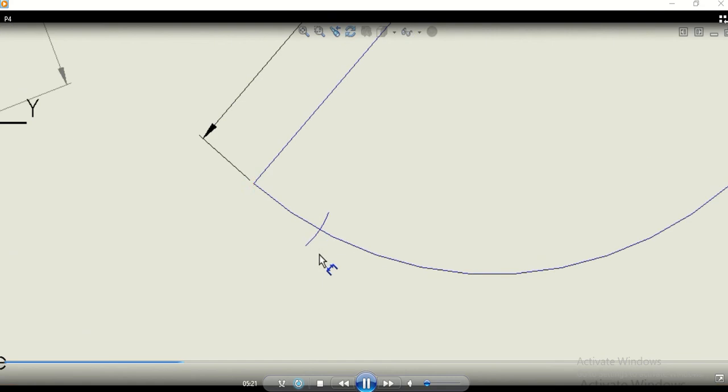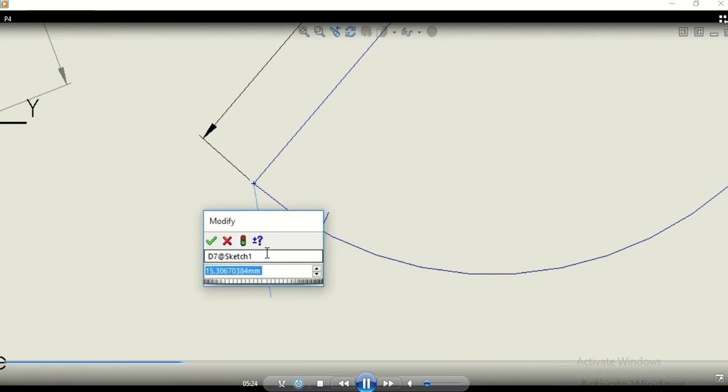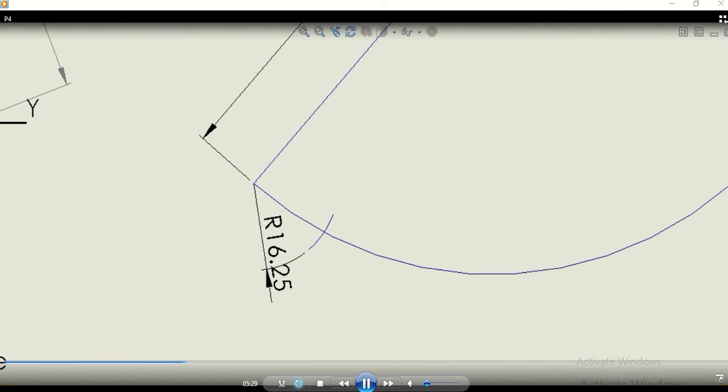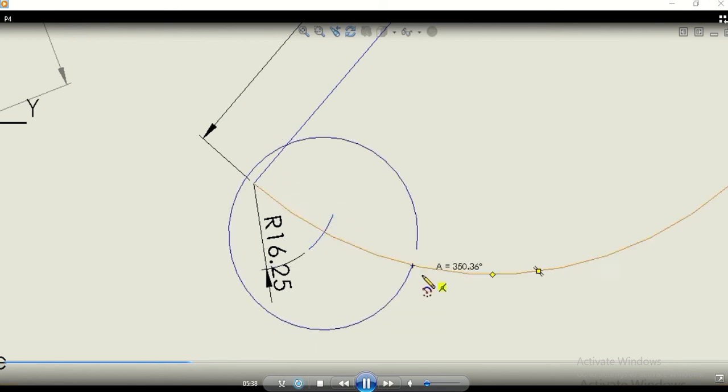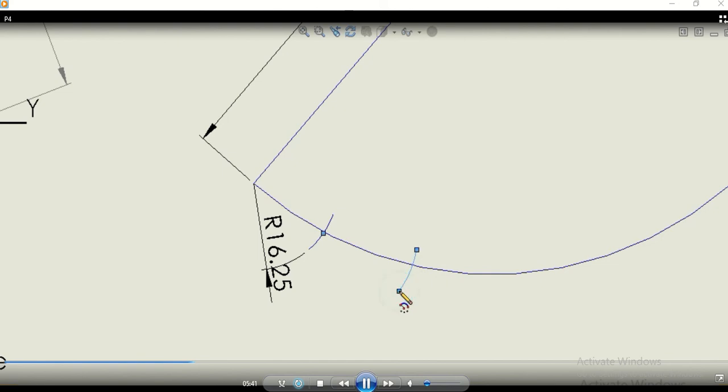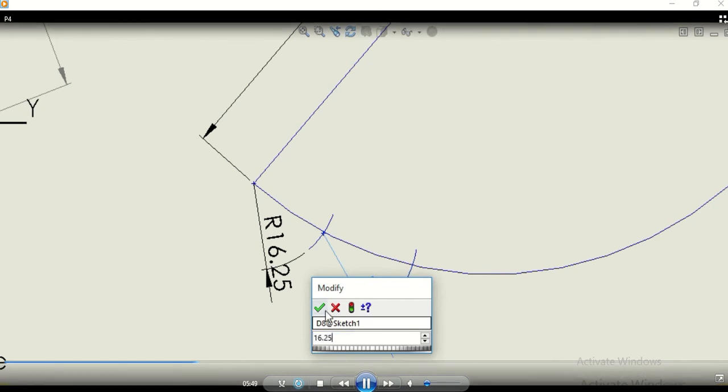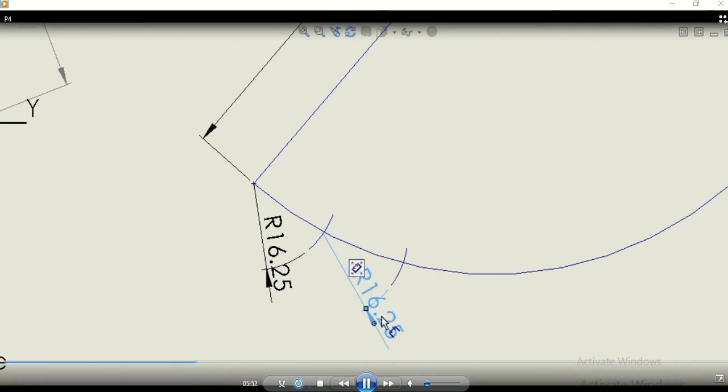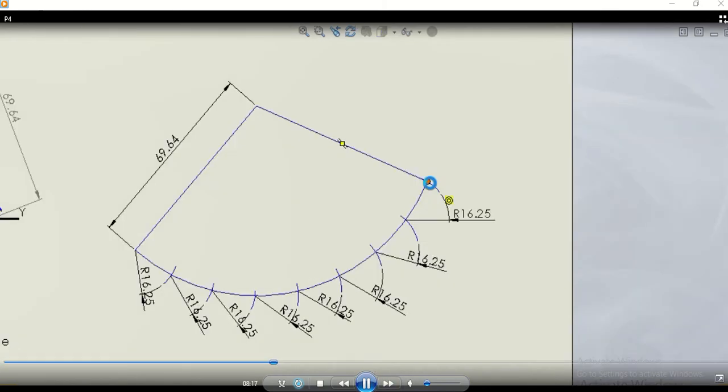Initially we are going to draw an arc for a radius of 69.64, and on that arc you can cut the 8 equal parts. 129 by 8, you are going to get it as about 16.2. So you can measure that 16.2 millimeter with the help of a compass, and then you can keep on cutting arcs. Totally you need 8 equal parts. I'm just unfolding the cone, and then I'm going to draw the generators on this cone. So like this, you can obtain 8 equal parts.